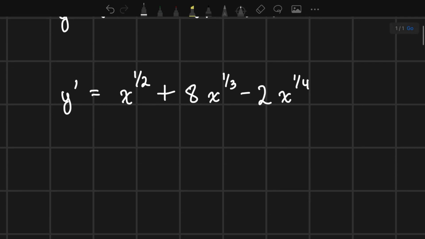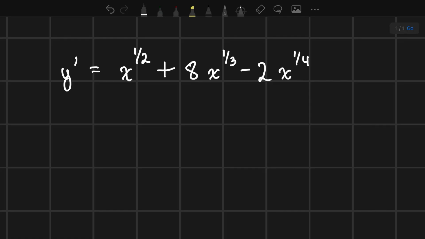Now it looks much better because I can identify that these are all just powers, and we could use the power rule all the way through. So we have 1 over 2, because this has an imaginary exponent, coefficient of 1, and when you times that by 1 over 2, you just get 1 over 2 x, and then you would do 1 over 2 minus 1, which would give us just negative 1 over 2,